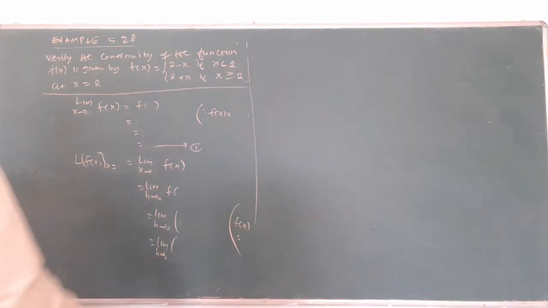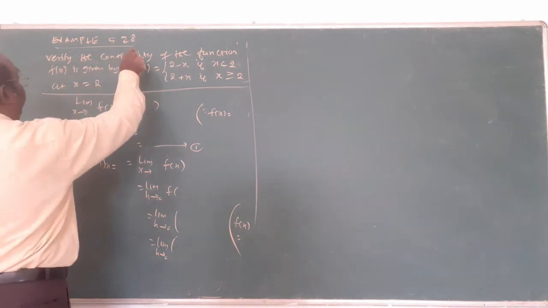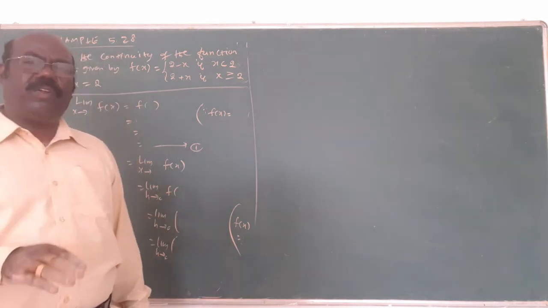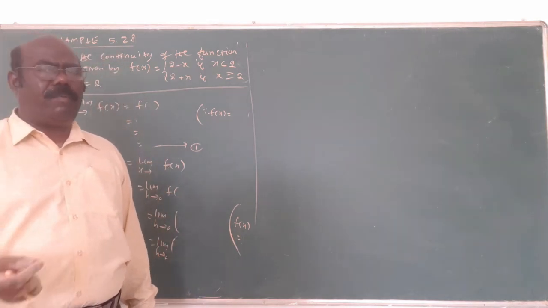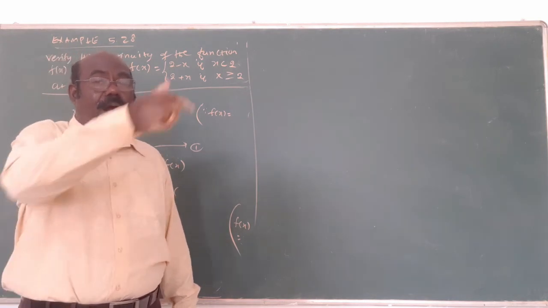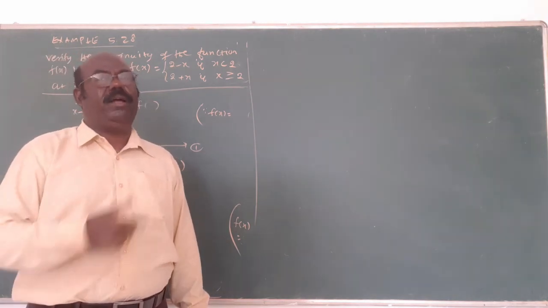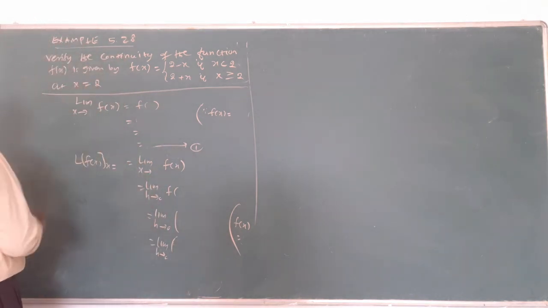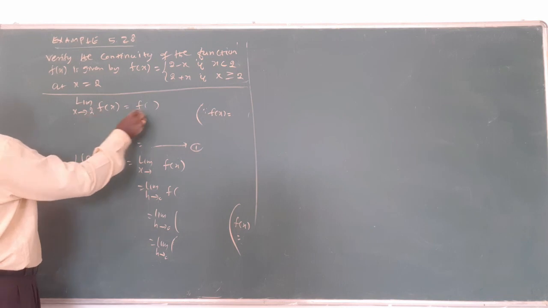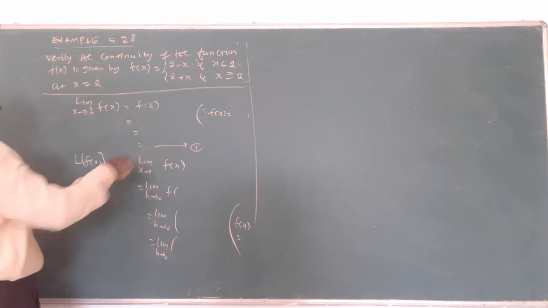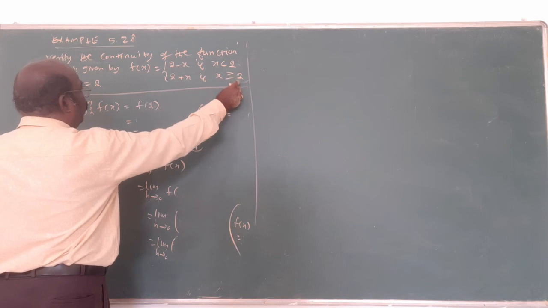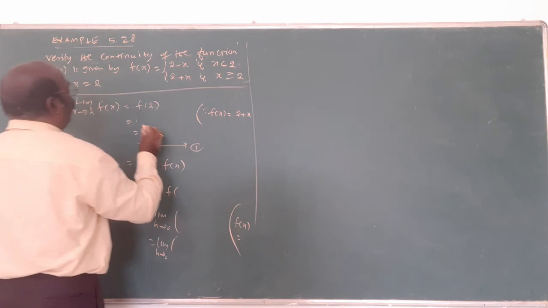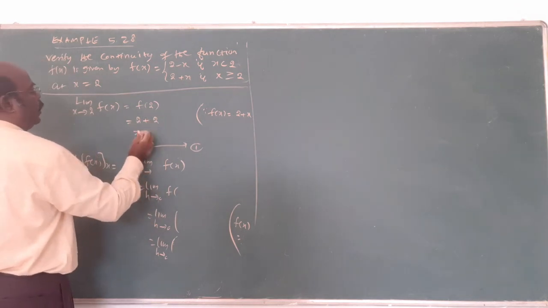Next question, 5.28. Verify the continuity. Verify means it is asking whether this function is continuous or not continuous. In the previous model, to show that it is continuous, all three answers should definitely be equal. But here they may be equal or not equal. Mind it. Now x tends to 2 is given. The limit as x tends to 2 of f of x is what? f of 2. f of 2 means this one, x equal to 2. By using this, f of x is 2 plus x. That's important. Now 2 plus 2, that is 4, is the first answer.